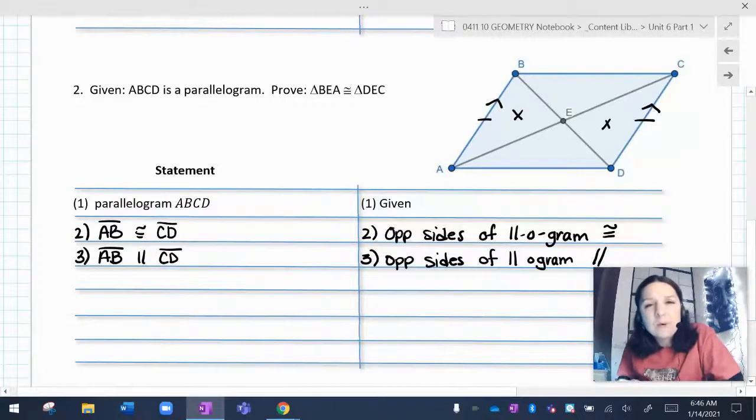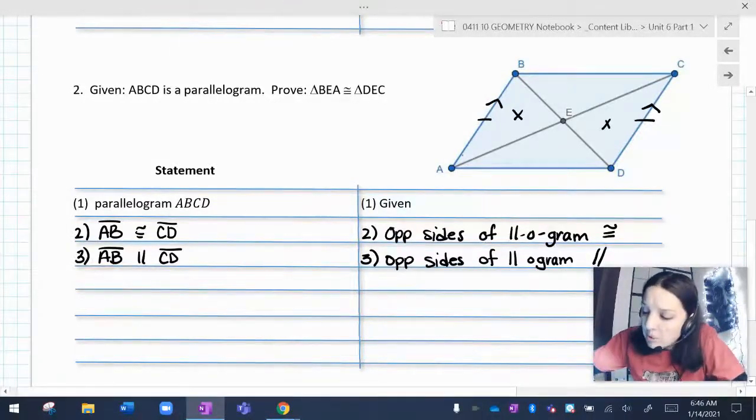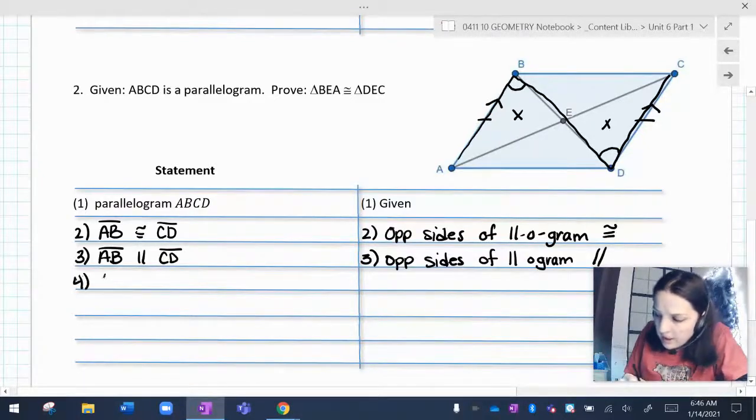And why is that helpful? Parallelism usually leads us to some congruent corresponding and/or alternate interior angles. In this case, it's going to lead to some alternate interior angles because if I were to trace this line and then that diagonal and then this line, there's a pair of alternate interiors right in here. I could say that angle ABE is congruent to angle CDE